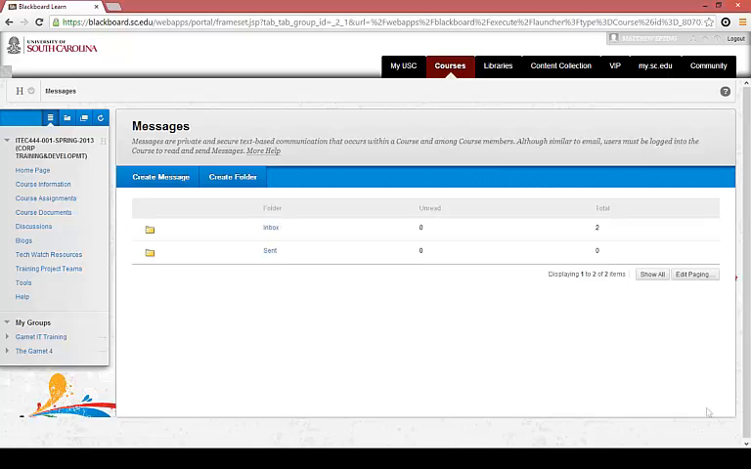Now, if you go into messages, you will see two simple folders, an inbox folder and a sent folder. An inbox folder works just like an email folder. As you can see, I have two messages in my inbox, both of them read. And then I have a sent box. I have not sent any messages. Now, to create a message, just come up here, click on Create Message,